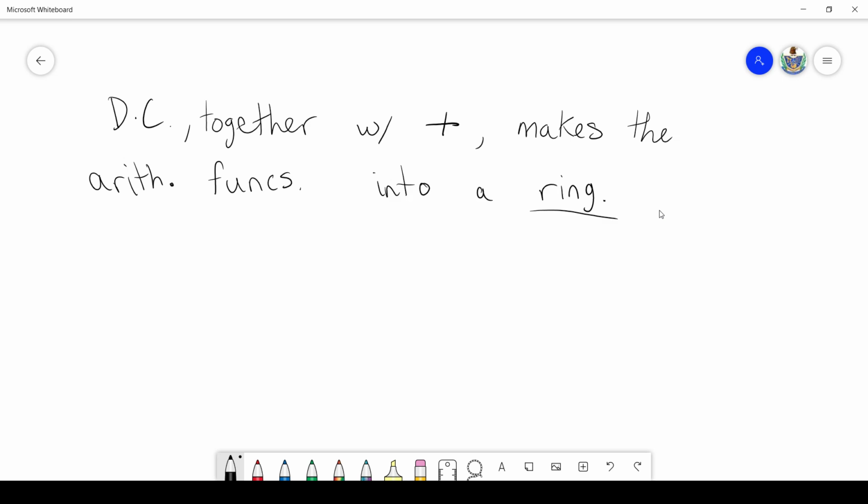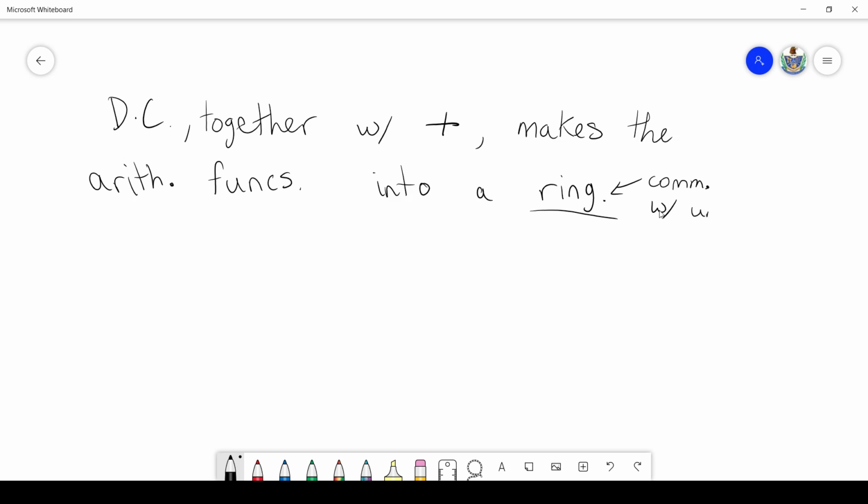And if you haven't studied any algebra, a ring is just an algebraic structure which generalizes multiplication and addition together on some set. In particular, this is going to be a commutative ring